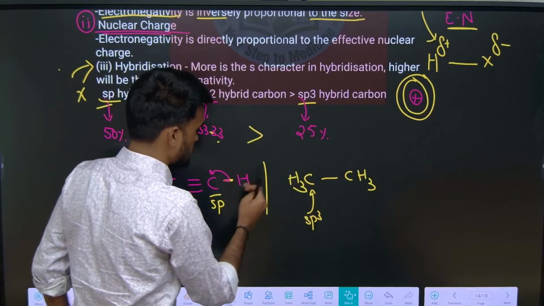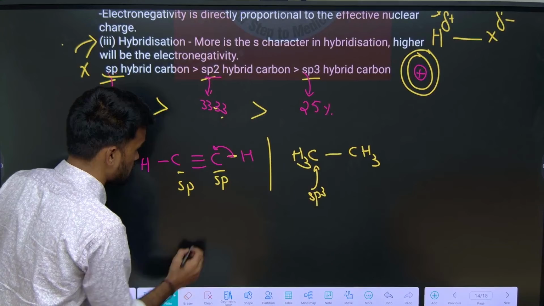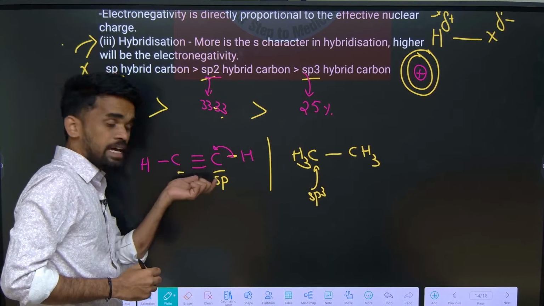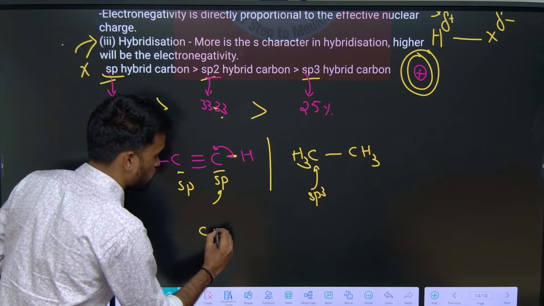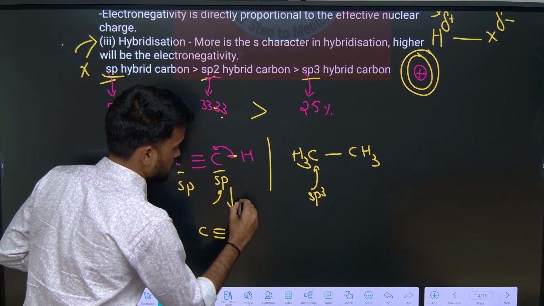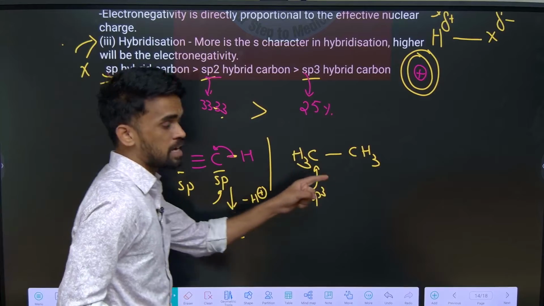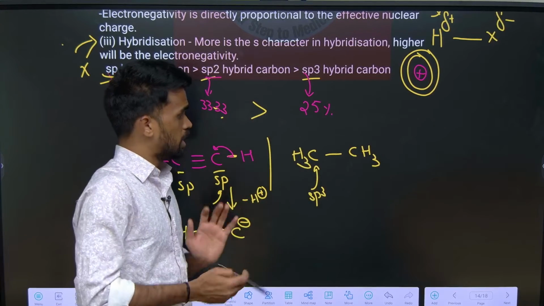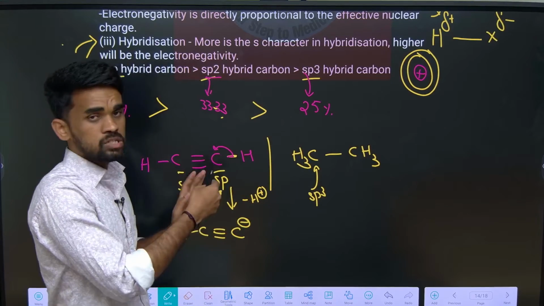When we compare the acidic nature of these two compounds, see, alkyne is having more acidic nature because of the electronegativity of this alkyne functional group, which is having sp hybridized carbon. Therefore it will be having negative charge after releasing the acidic hydrogen. It will be like this. But these are not acidic because they are having relatively almost similar electronegativity difference. Okay, I hope the application is also clear.